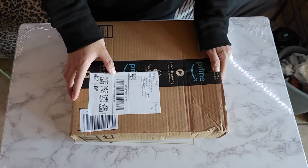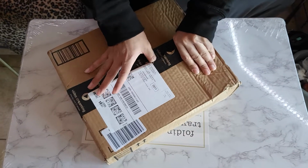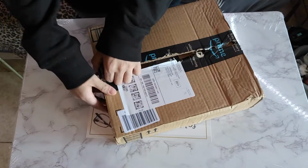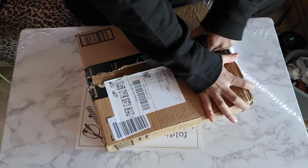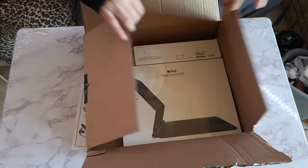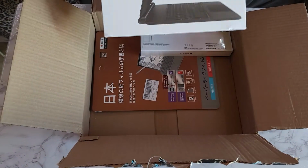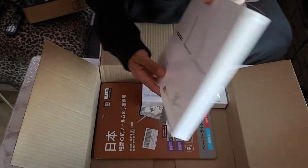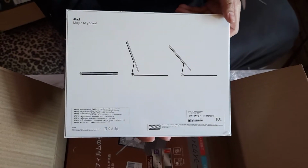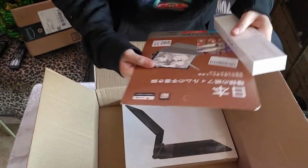Alright, so we are doing an unboxing for the iPad Air 2020. We just got it in the mail, and we will see what's inside. Well, actually, that's the accessory stuff. That's the Magic Keyboard. Perfect. Let's see. Alright, cool. And then we got the Magic...